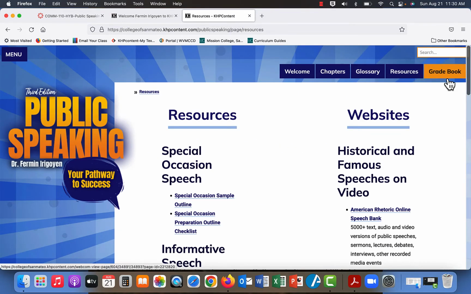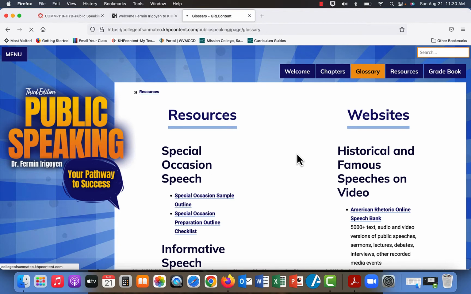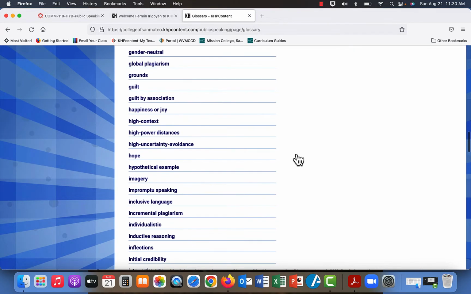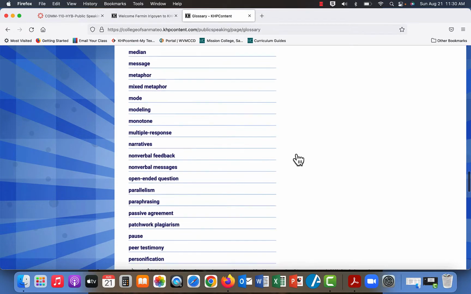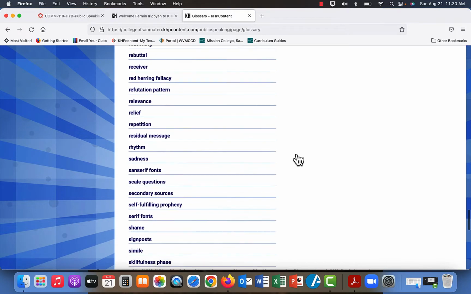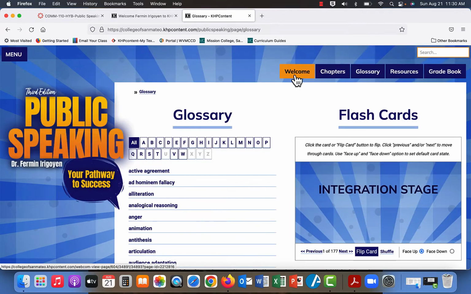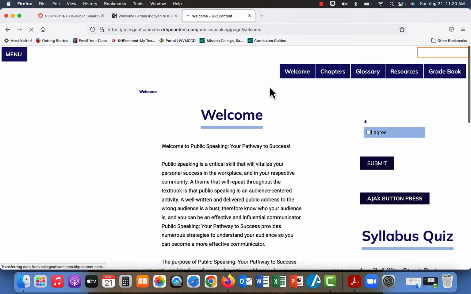Here in your textbook, you can track your grade by going into your grade book, but you can also do that on Canvas. Okay, so all of the textbook and Canvas I have is integrated. And of course, a glossary of all the key terms is back here. But you'll see these key terms in the second page of the various chapters as it relates to that particular chapter. Okay, so that pretty much covers the tour of our textbook.